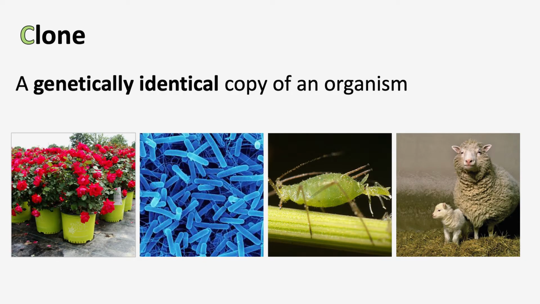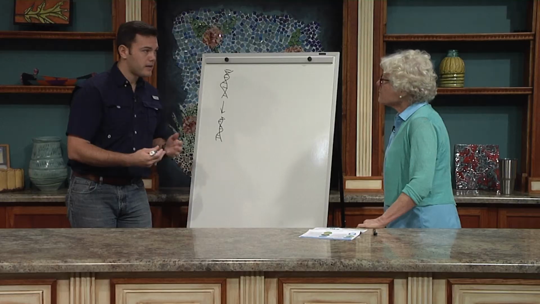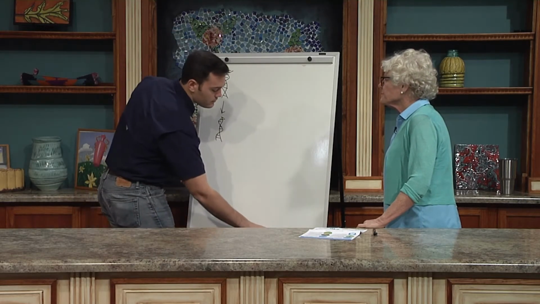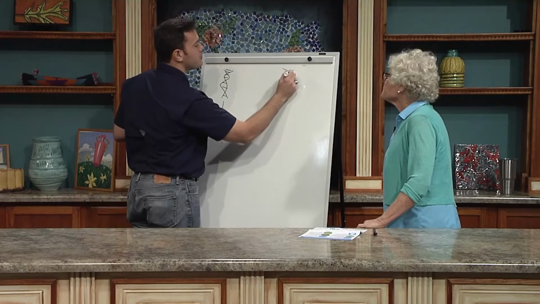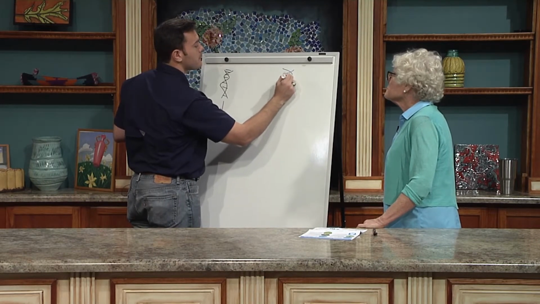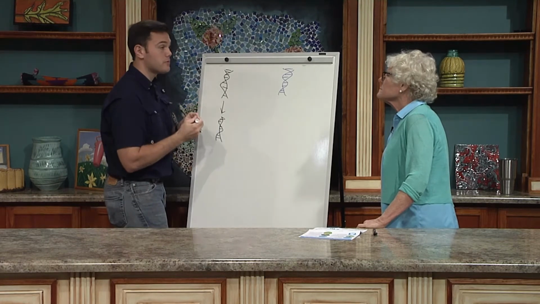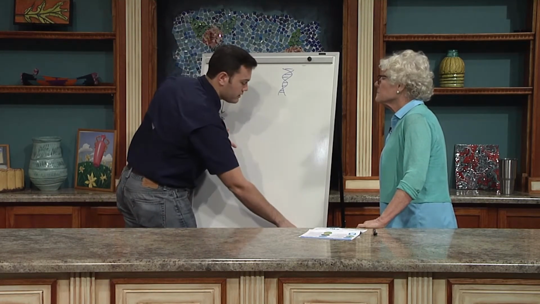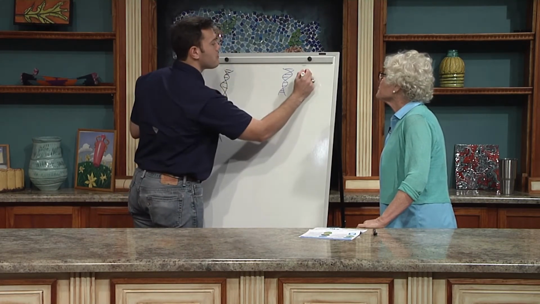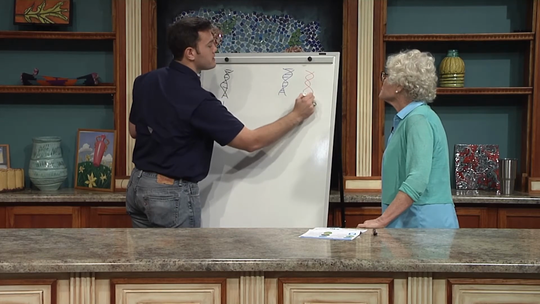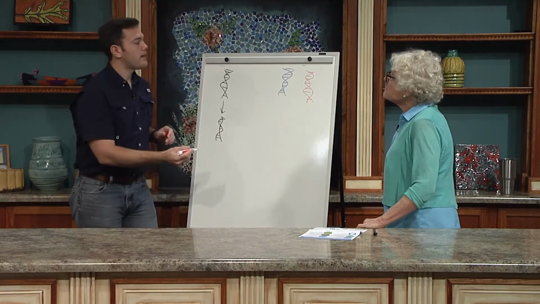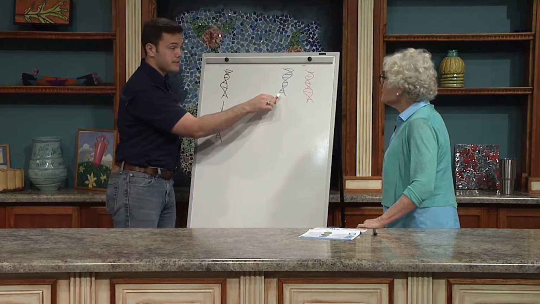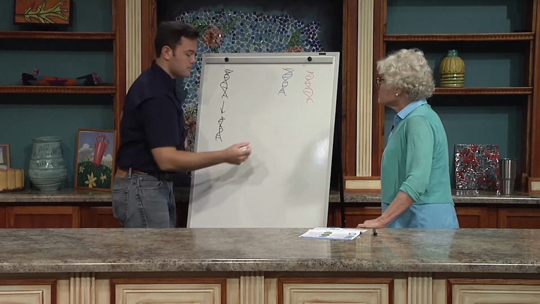The other side of this is sexual reproduction, and this is when you have an organism that's created from 2 different sets of DNA. And sexual reproduction is what animals do, and plants as well. But people are most familiar with sexual reproduction in animals. So in sexual reproduction, we have one parent's genome here, their DNA here, and the other parent's.